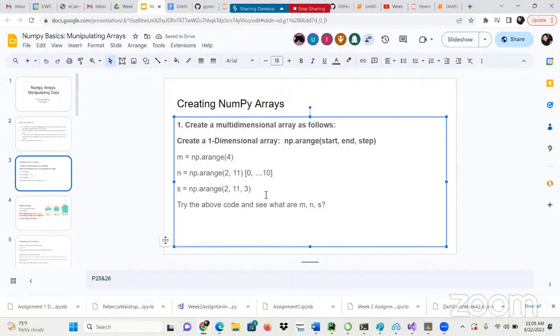How about this one? Actually, it's not 0. Okay, we start at 2, right? Start at 2, yes. So what will be S? S will be 3, 6, 9. Or would it start at 9? Not 3, 6, 9. It should be 2, 5, 8. What? It doesn't even include 11. Yes. So this will be